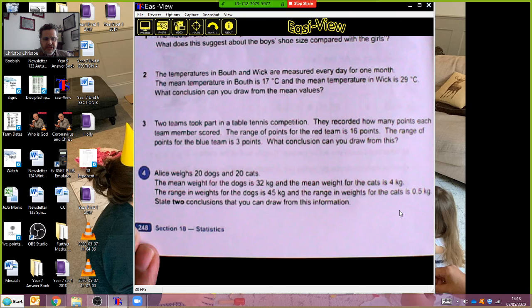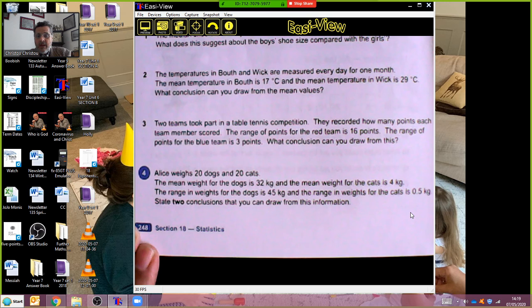Okay, a wider consistency. If they have a wider consistency, to quote you, then that means they are less consistent in their weights because their weights are more varied. Is that okay? There's a greater variation of weight amongst dogs than amongst cats. Is that okay? So can you see, all of you, Zidane, that the range of weights of cats is only half a kilo, which means their weights are very consistent, whereas the weights of dogs are very inconsistent. You've got a weight range of 45 kilograms.